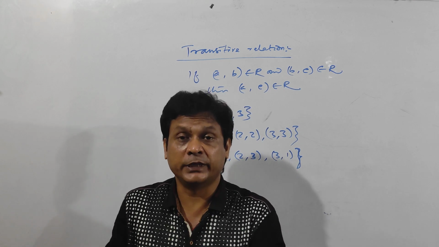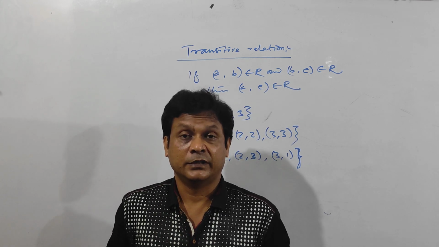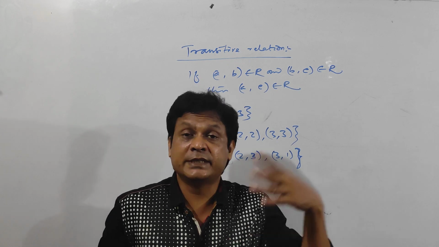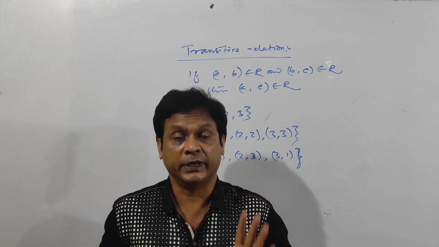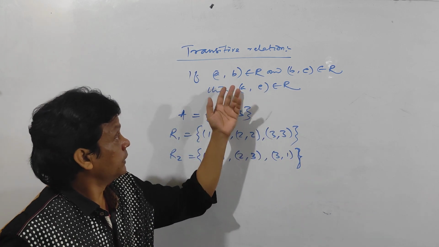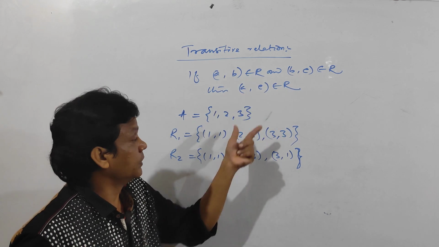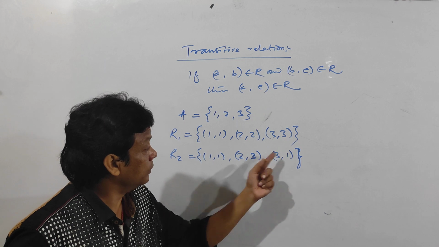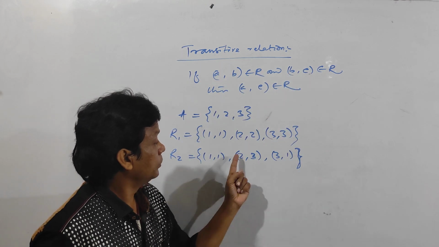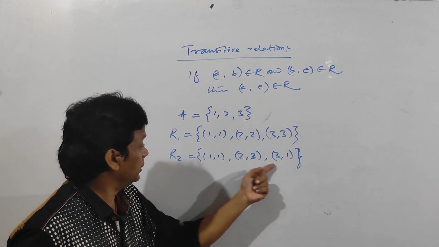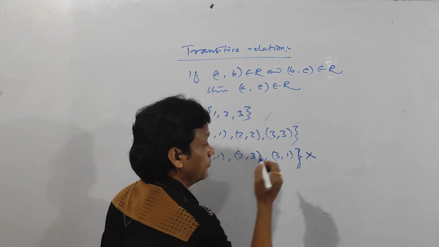Clear? Hypothesis should be there. He should sit in the exam. He should appear at the exam. After that, you will see the marks. If it is less than 30, that means the student has failed. See here, if this pattern is present, then you should expect the conclusion. Here, (2,3), (3,1): A, B, same B is there, B, C, then A, C. (2,3), (3,1), but (2,1) is not here. (2,1) is not in the set. So this is not reflexive, transitive.